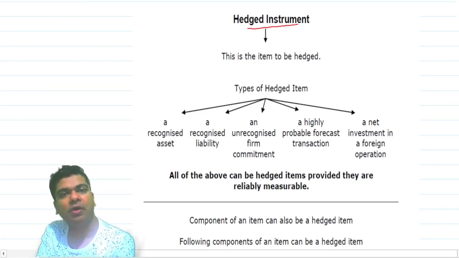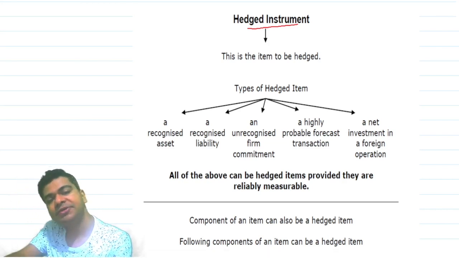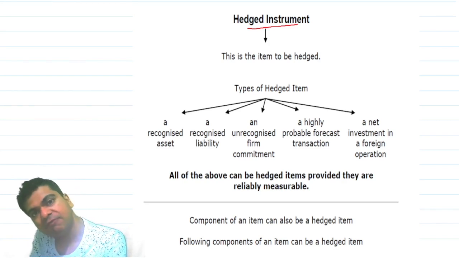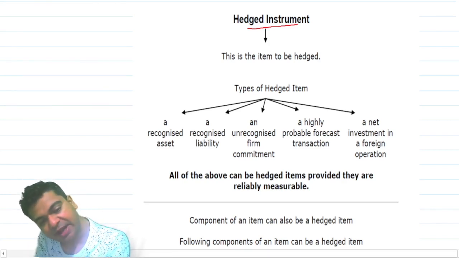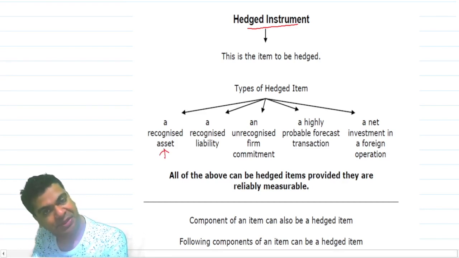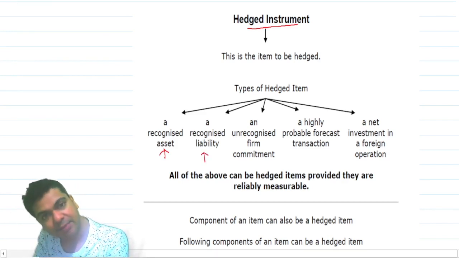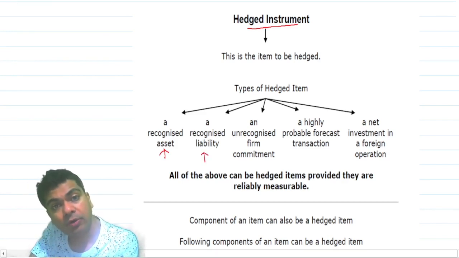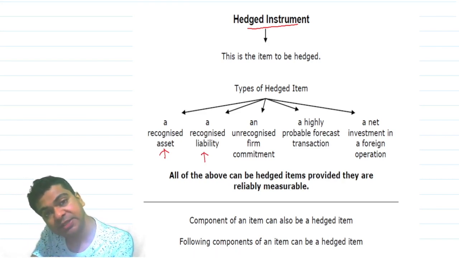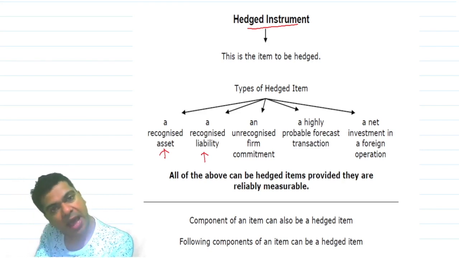For example, I have already invested in equity shares of some company, and now I am perceiving risk with respect to that item. I have invested in a debt security, and further I am perceiving risk. So it's a recognized asset for which you are perceiving risk and for which you will take certain risk management steps. A recognized liability. I have borrowed money at a floating rate of interest, and now I am worried about the changes in the LIBOR or the changes in the MIBOR, and that is the reason I want to hedge